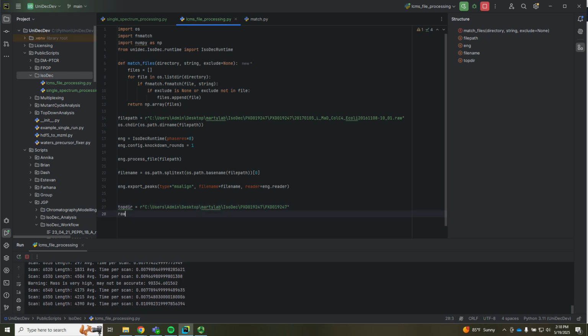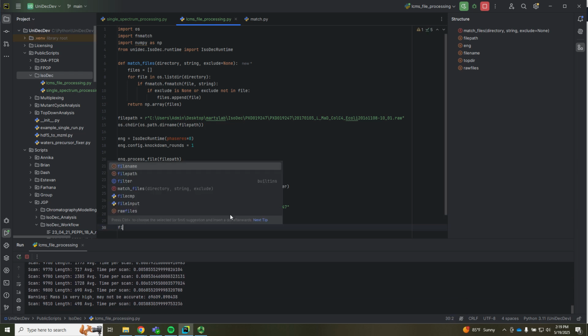And then in this case we want raw files, but you can substitute this for MZML or essentially whatever sort of file type you have. So that's going to give us raw files, and then we can just do